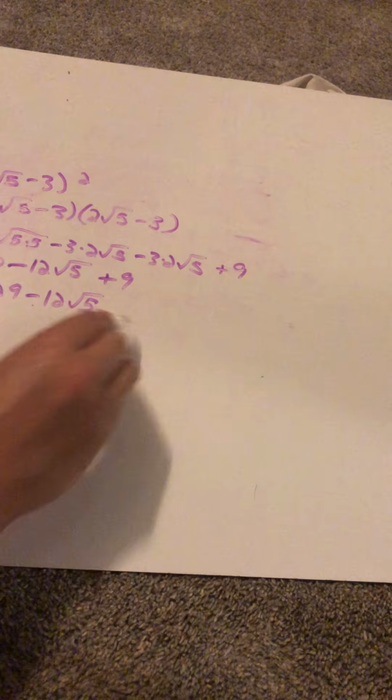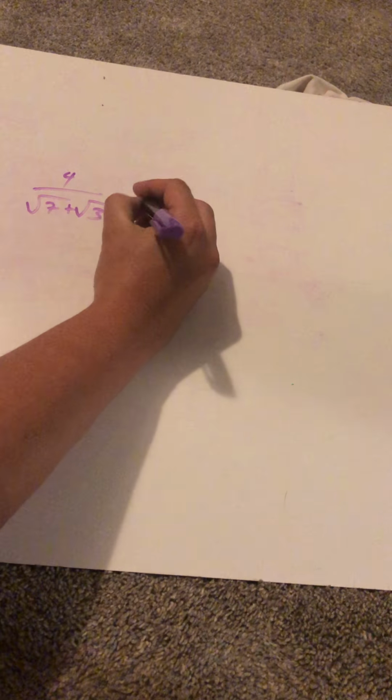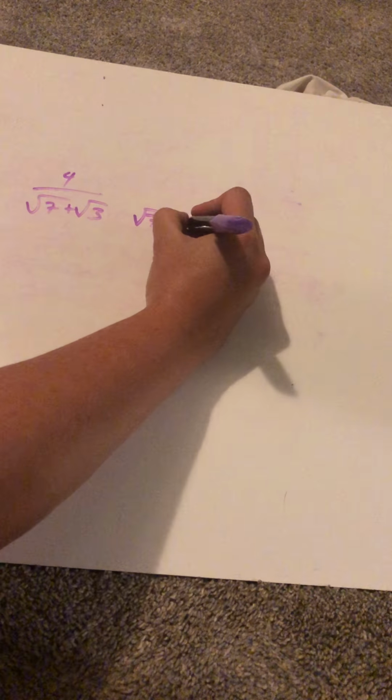If you want to rationalize with a radical on the bottom, or with a few things on the bottom, we already talked about rationalizing, but if you have something like this where you have a plus or minus on the bottom, you use the conjugate. Alright, you use a conjugate, so square root of 7 plus square root of 3. I would multiply by the square root of 7 minus the square root of 3